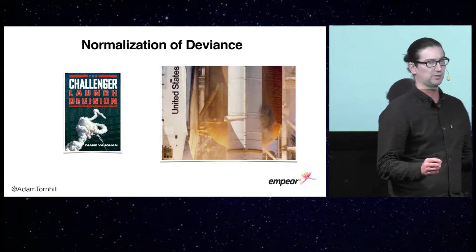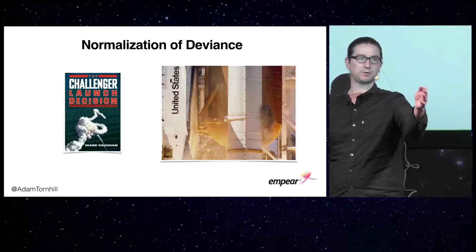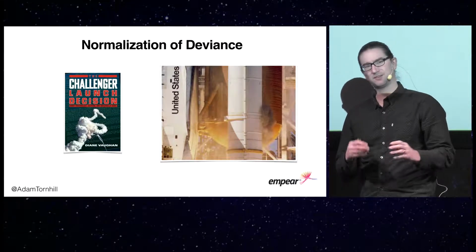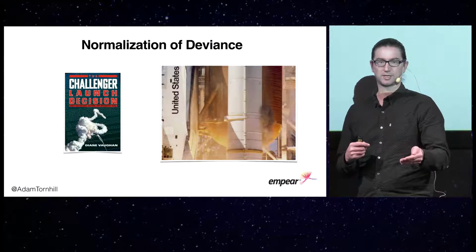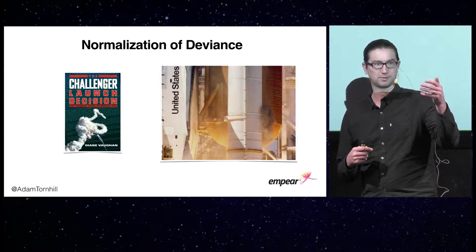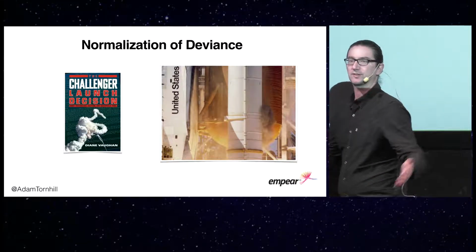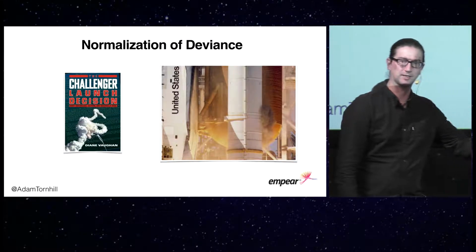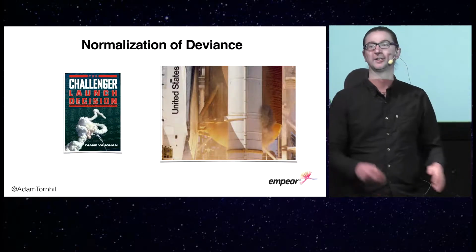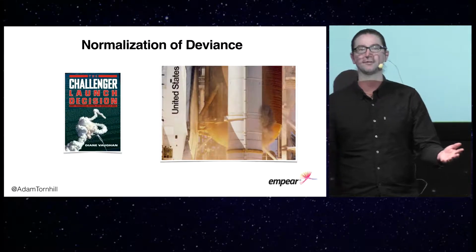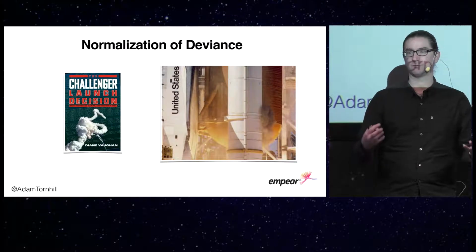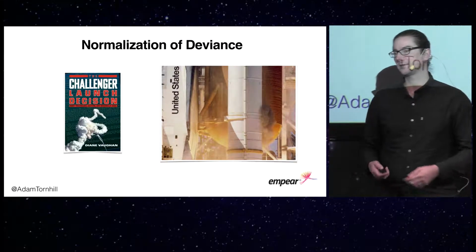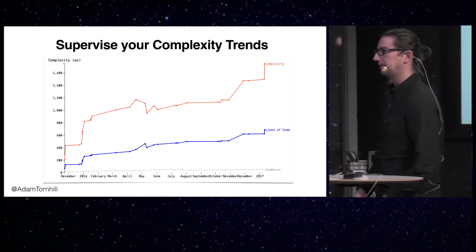So just to give you an example, let's say that you inherit a file with 5,000 lines of code. At first, you might not be so happy about it, but work with it long enough, and you start to feel familiar. And besides, I mean, what difference does it make with a few extra 100 lines of code? So pretty soon, we have 6,000 lines of code, then we have 7,000 lines of code, and so on. So we need to find a way to detect when we become victims of the normalization of deviance. Here's one technique that I use for that purpose.